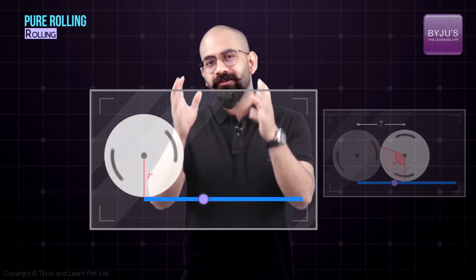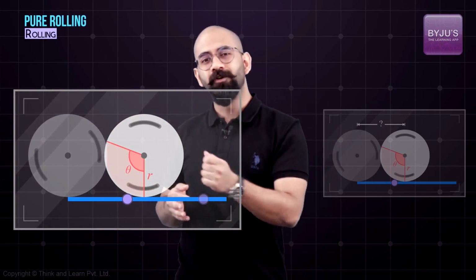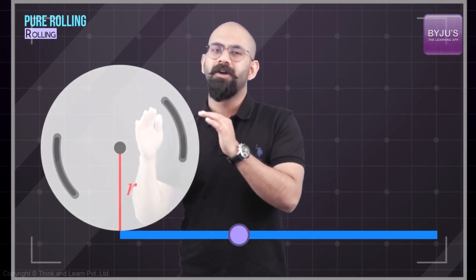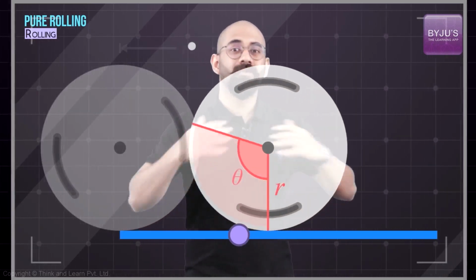So we saw that when I rotated the cylinder through an angle theta, the sheet of paper got pulled, right, through a distance of r theta. So which means that this point on the sheet of paper would also have moved a distance of r theta in this direction. So that means if I come back to this frame, the frame which is at rest with respect to this point, the center of mass of the cylinder would move in this direction through a distance of